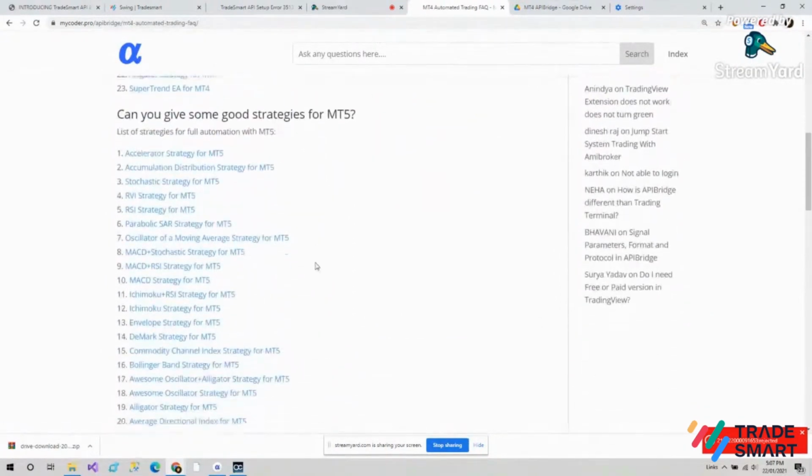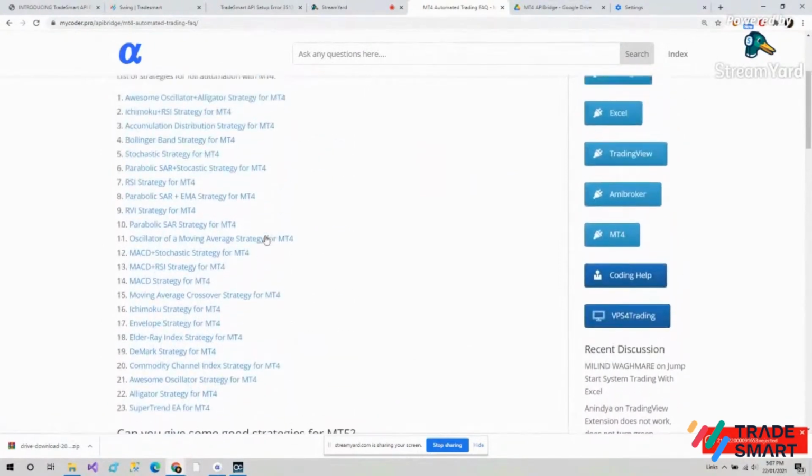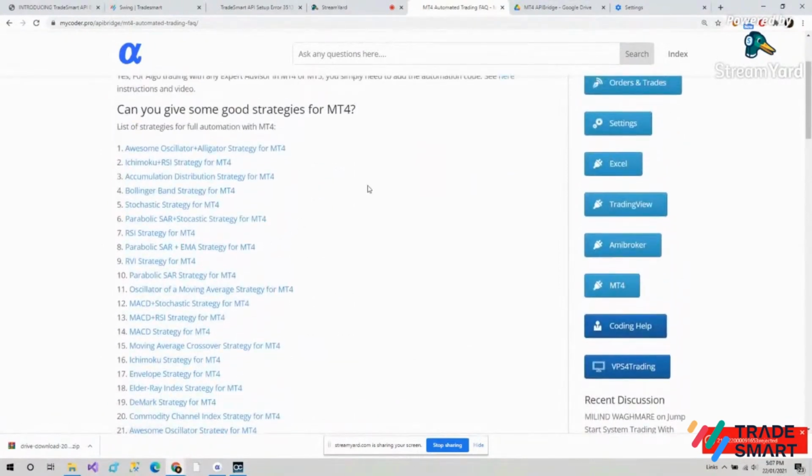And if you are an MT5 user, you'll find a list of 20 strategies here. So now if I want to deploy, say, Bollinger Band strategy or accumulation distribution strategy, let's go with the Bollinger Bands for now.